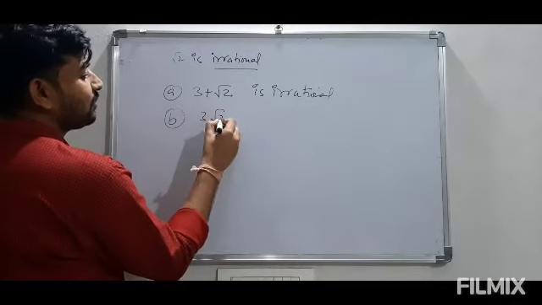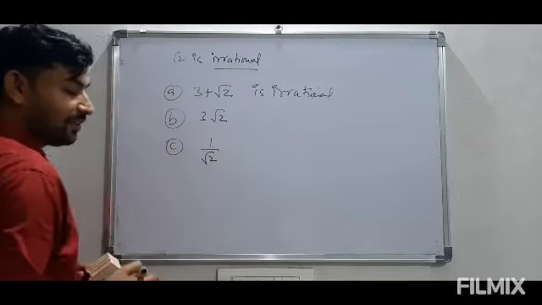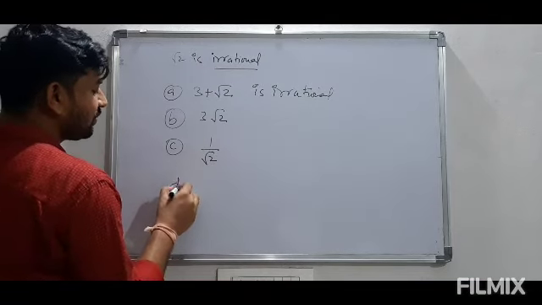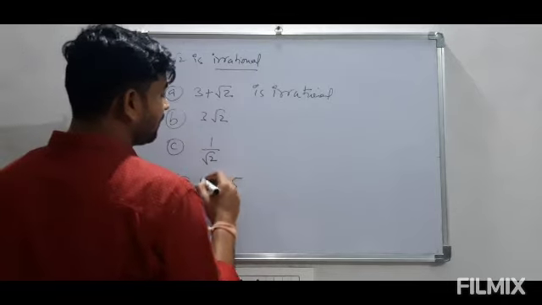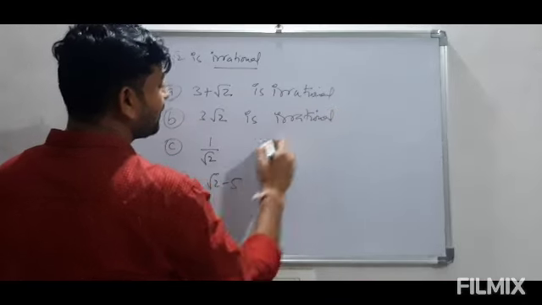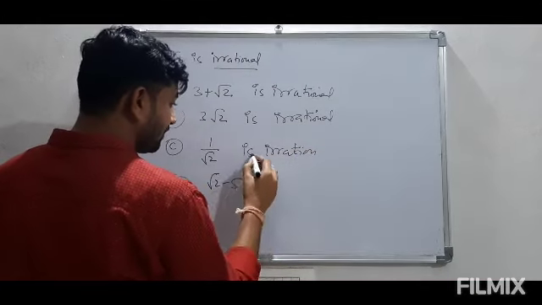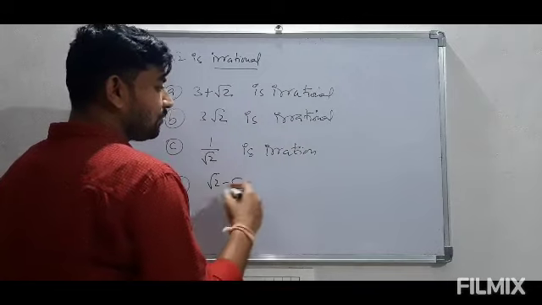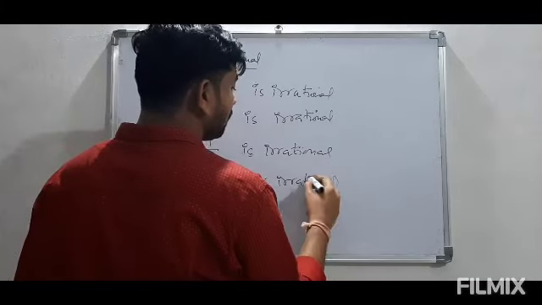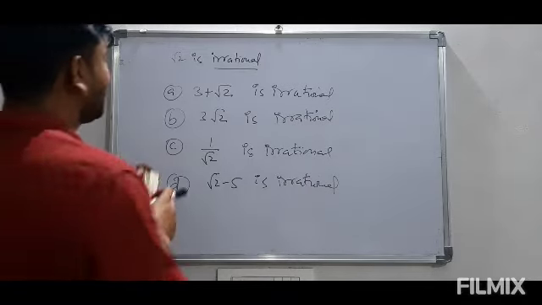If we have multiplication of this like 3 root 2, if we have this irrational part in the denominator, or it can be separated also like root 2 minus 5, all we want is to prove that they are irrational. You must have studied in your 9th class that the sum, the subtraction, the multiplication and the reciprocal of any irrational number is always irrational. So this we want to prove by using that result. So I am writing all these parts here.